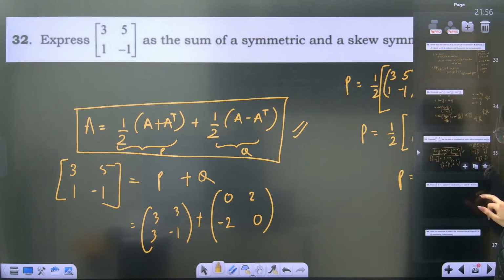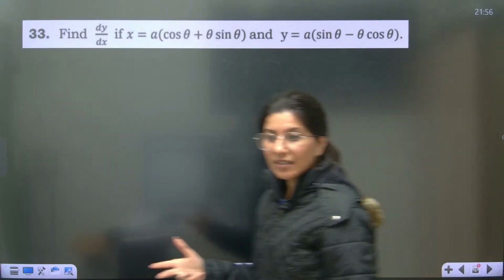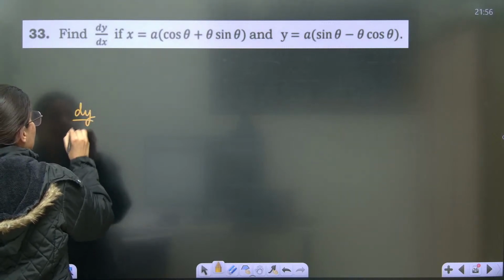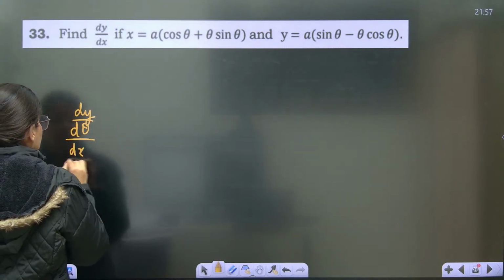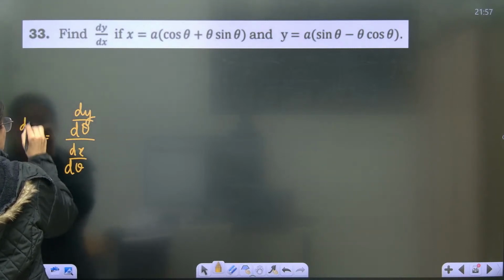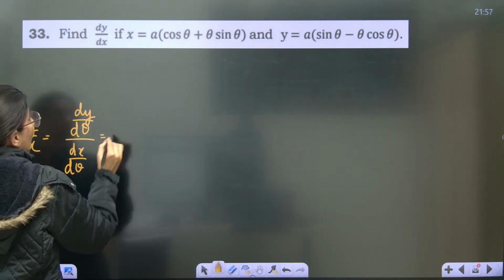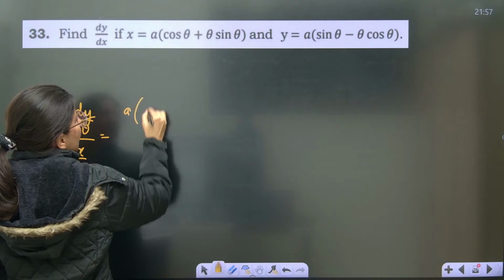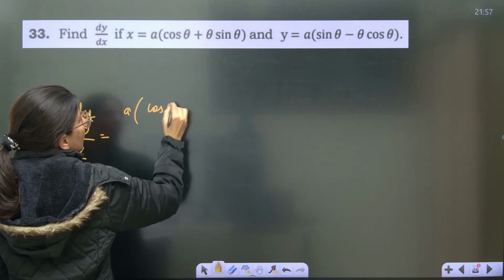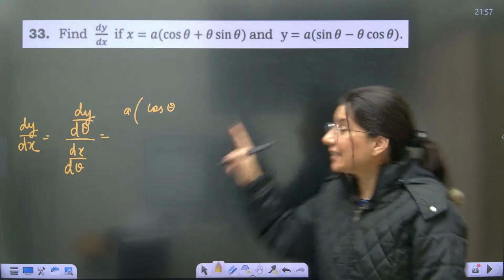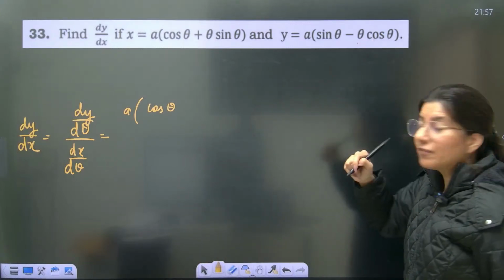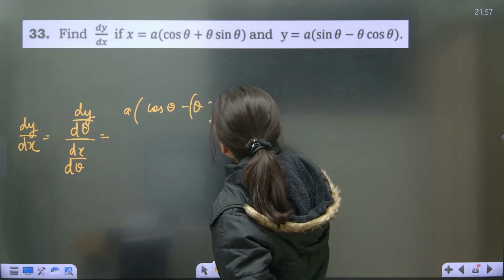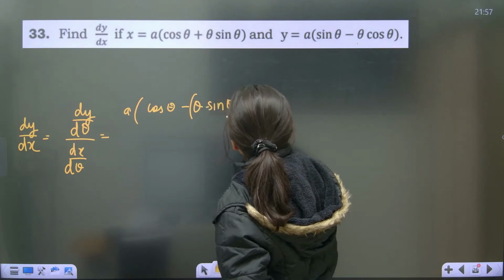Now the next question is from parametric differentiation. They are asking dy by dx. So dy by dx is dy by d theta upon dx by d theta. Now dy by d theta: differentiate A right away, the derivative of sin theta is cos theta. Differentiating theta cos theta, a product of two functions, so the minus sign is there: theta as it is, derivative of cos theta is minus sin theta, plus